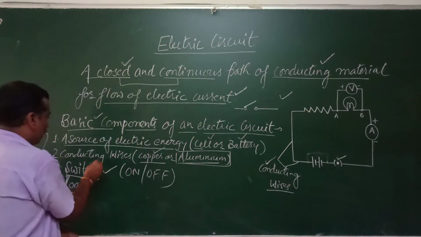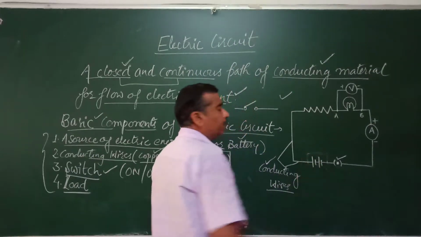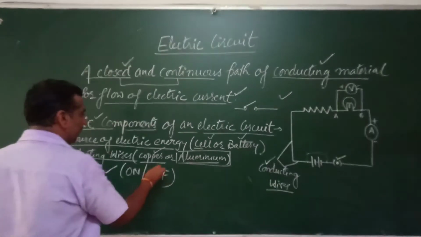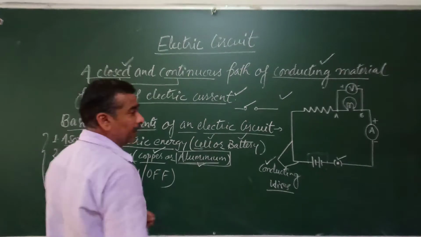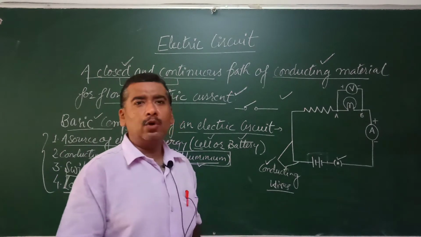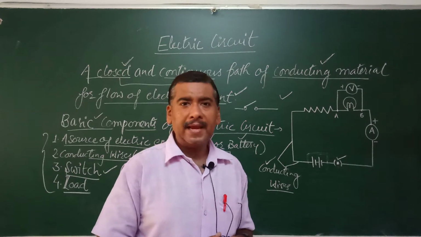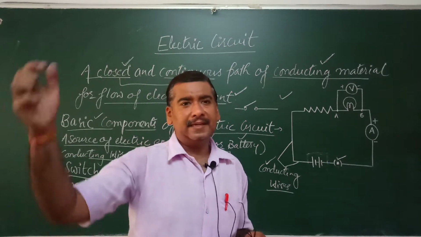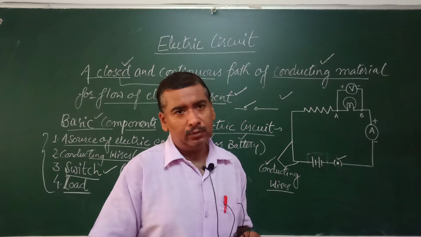Okay. And of course we have the conducting wires. Now without conducting wires we cannot connect the different components of an electrical circuit, right. So we need conducting wires. Now these conducting wires are normally made up of two metals or conductors. It can either be copper or aluminium, right. So for indoors, in our homes and factories, the internal wiring is always made up of copper, right. And when you see the high tension wires outside, the grid electricity from the electricity department, that wiring is normally aluminium.